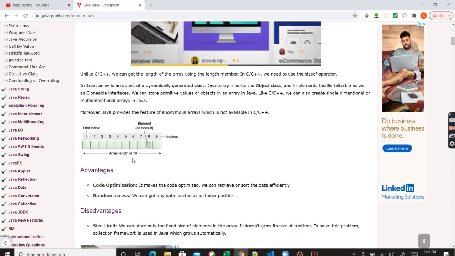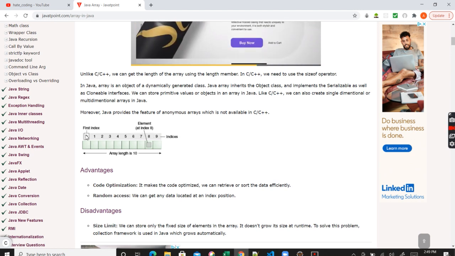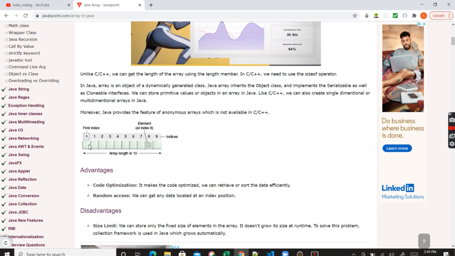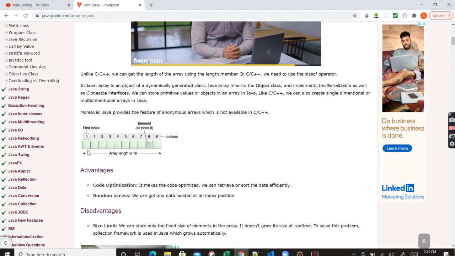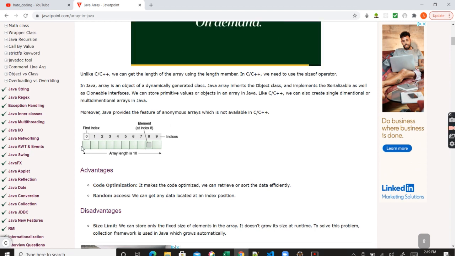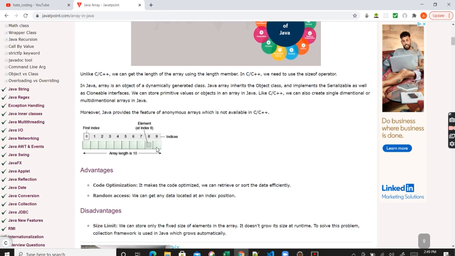So this is an array of length 10. There is an actual memory location where this will hold the values, and we will have one variable pointing to this memory location. I'll explain what I'm saying. Just remember that the first index always starts from 0. So if the length of the array is 10, it will go from 0 to 9: 0, 1, 2, 3 till 9.